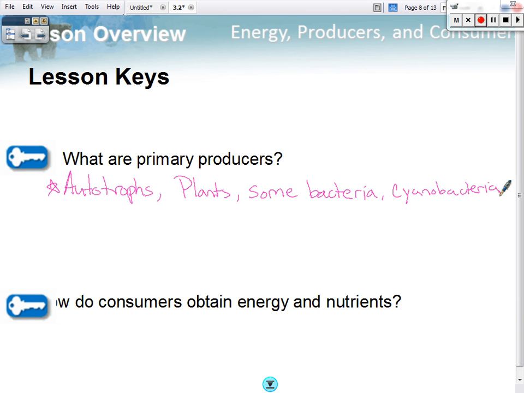So that's some titles, but what do they do? Autotrophs. They are automakers, auto-eaters. They turn light energy into carbohydrates,